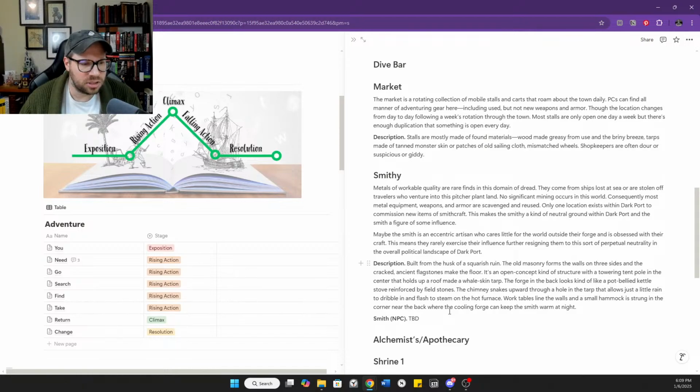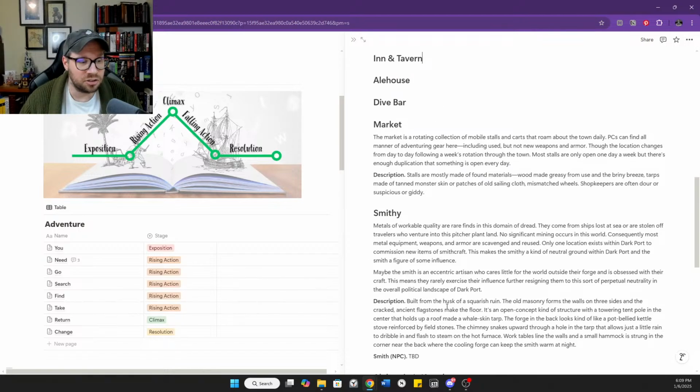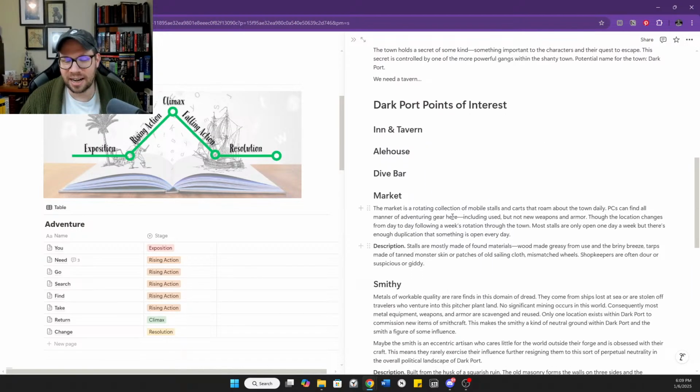Let's see here. William says, I'm going through your fourth post. I've got a ghost story my PCs are working through. That's fantastic. I love a good ghost story, especially in a D&D setting. I like horror in general for role playing. The horror genre suits itself really well to role playing games, just because for things to be scary, you need to interact, and you have to interact in role playing games. It's not like movies where you can step out of the room and let it run all by itself. So very cool. Ghost story is very cool.